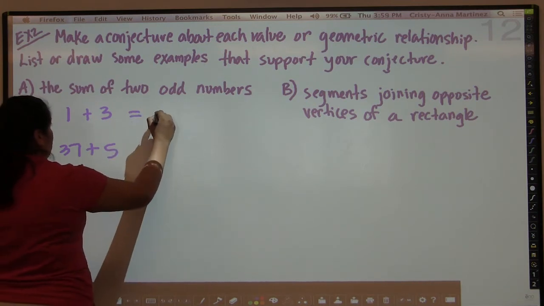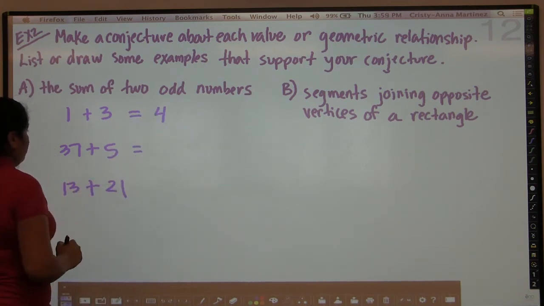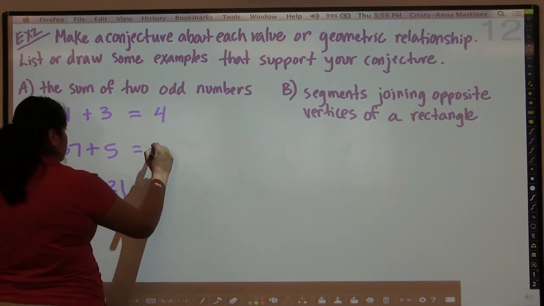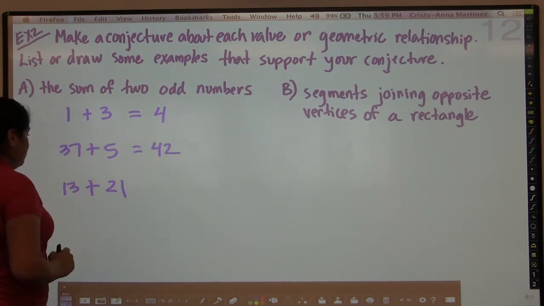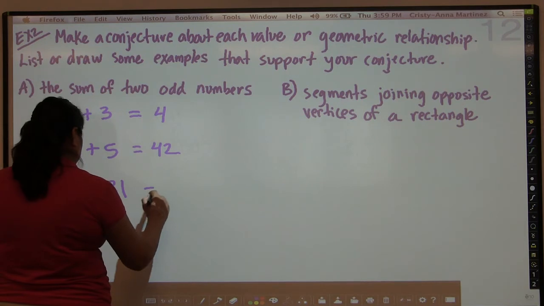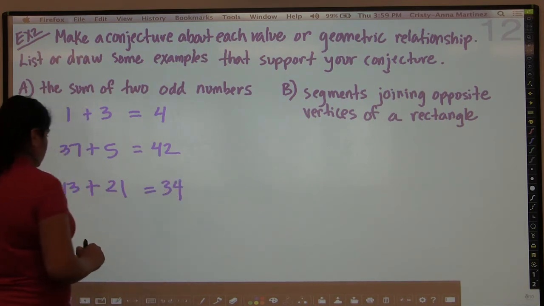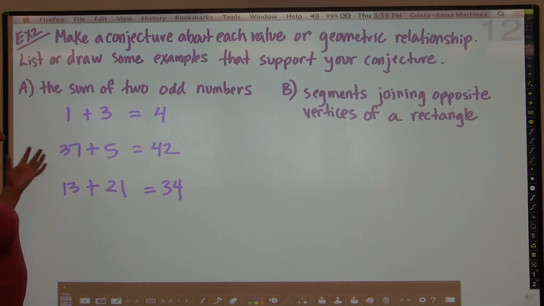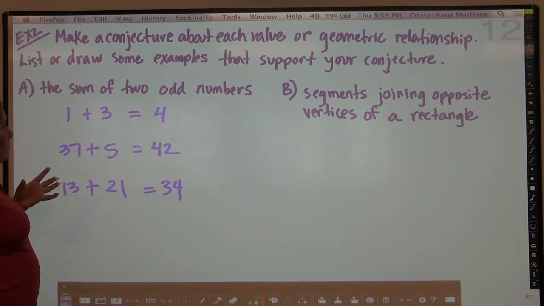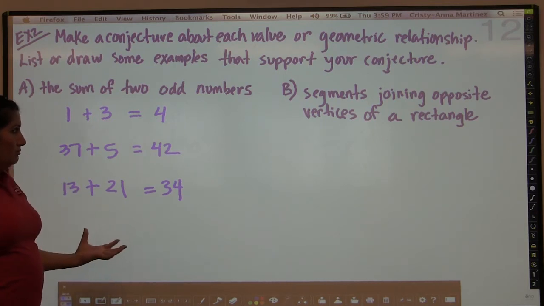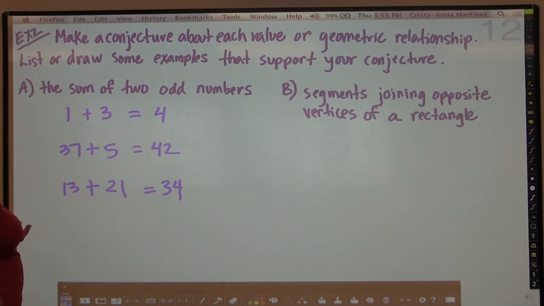1 plus 3 is 4. 37 plus 5 is 42. And 13 plus 21 is going to be 34. Okay? So again, I don't know if you've seen the pattern yet, but what I'm seeing is that whenever I add 2 odd numbers, I end up with an even number. So that would be my conjecture, is that the sum of 2 odd numbers is always an even number,